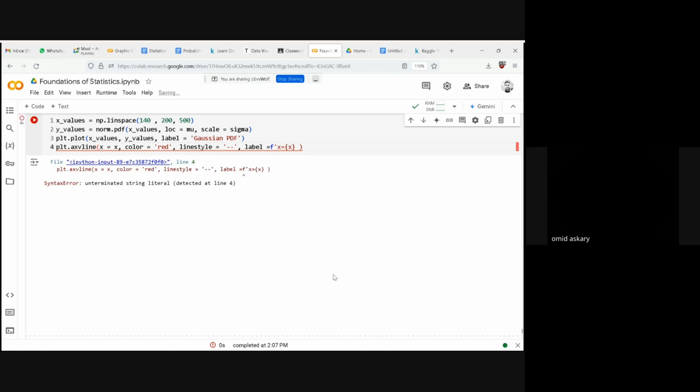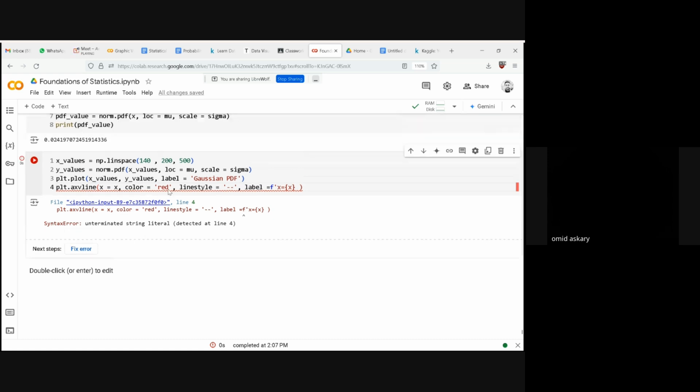No, it didn't work, because of this problem, actually, because of this label one. Just forget the label and at least